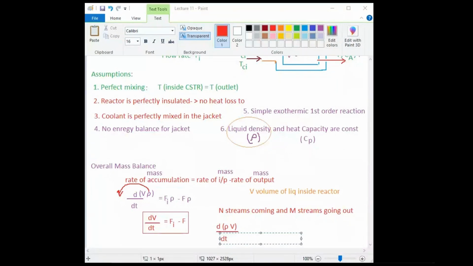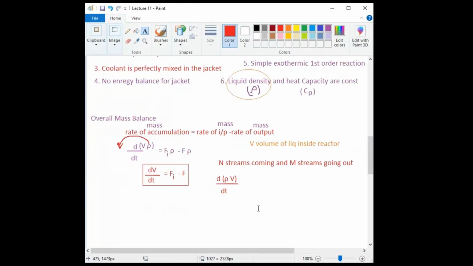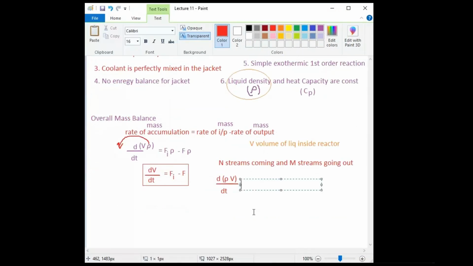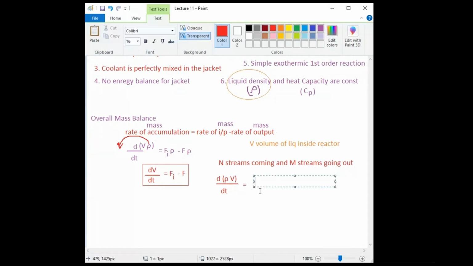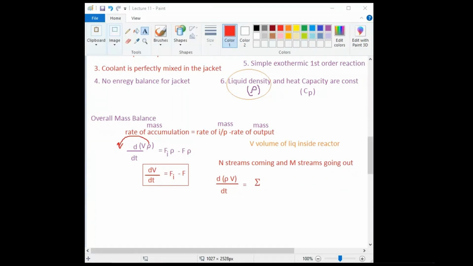So d of rho V by dt is equal to, this we can write as, now I need summation, i equal to 1